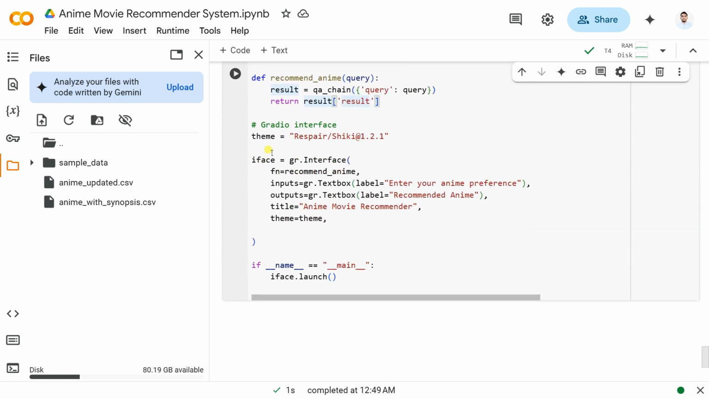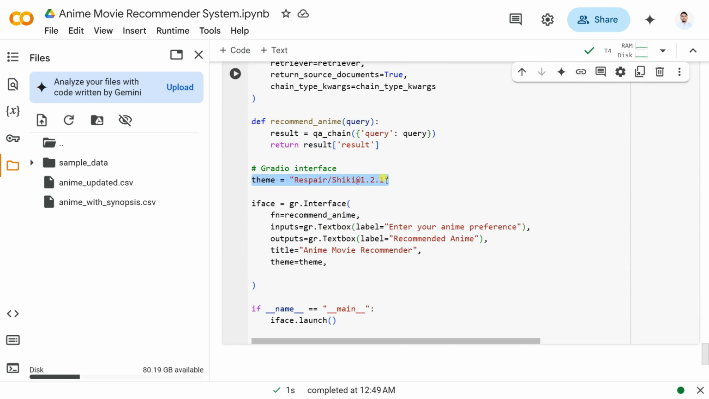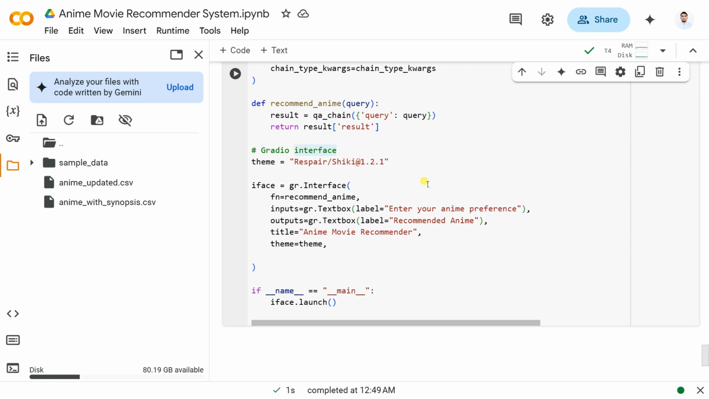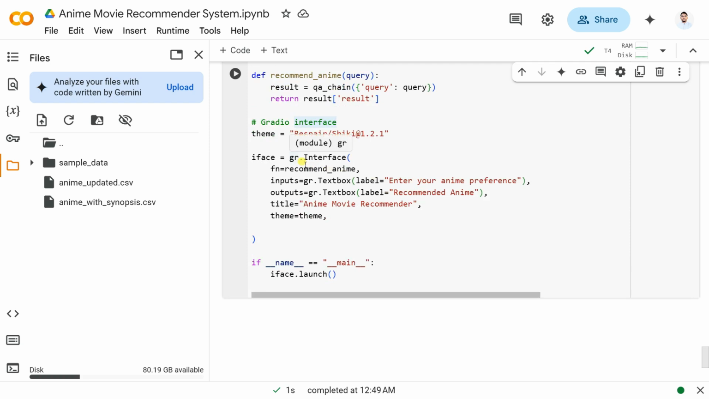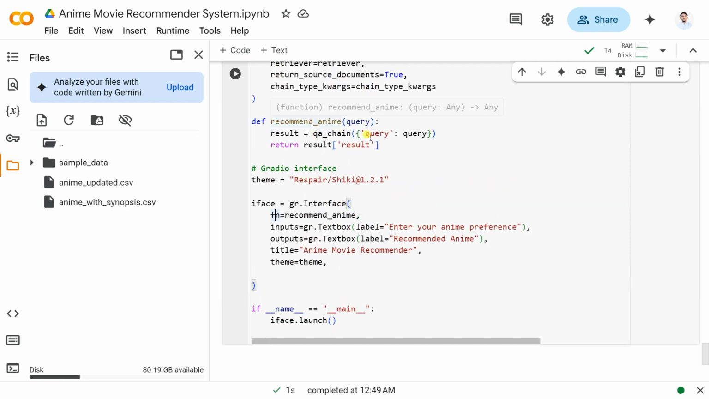So you can see here we also give it a theme. In the theme, we give it Respire, Shiki, and the version is 1.2.1. Or you can use any kind of theme from the Gradio theme library. Then you create the interface using gr.Interface, or you can also use gr.Blocks. And then for the function, you pass the recommend anime function that you created, and